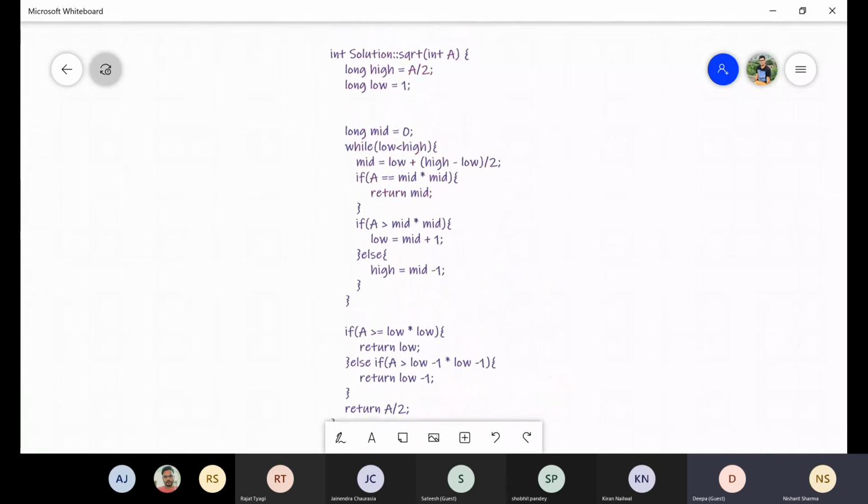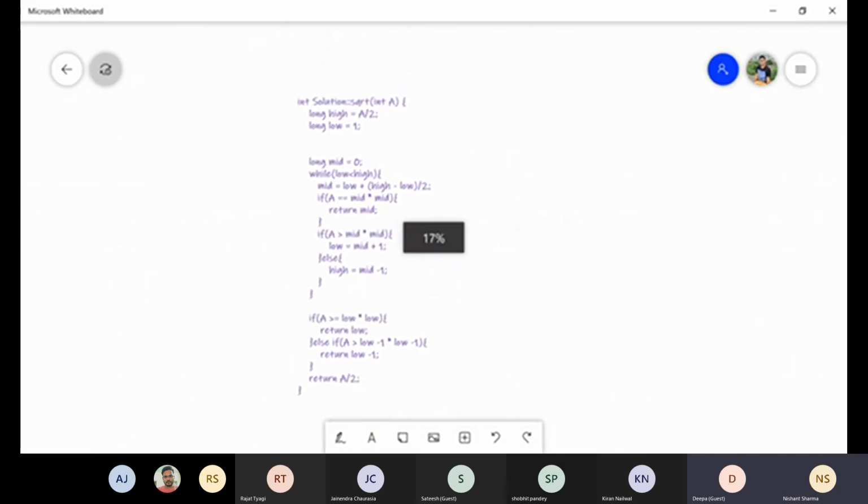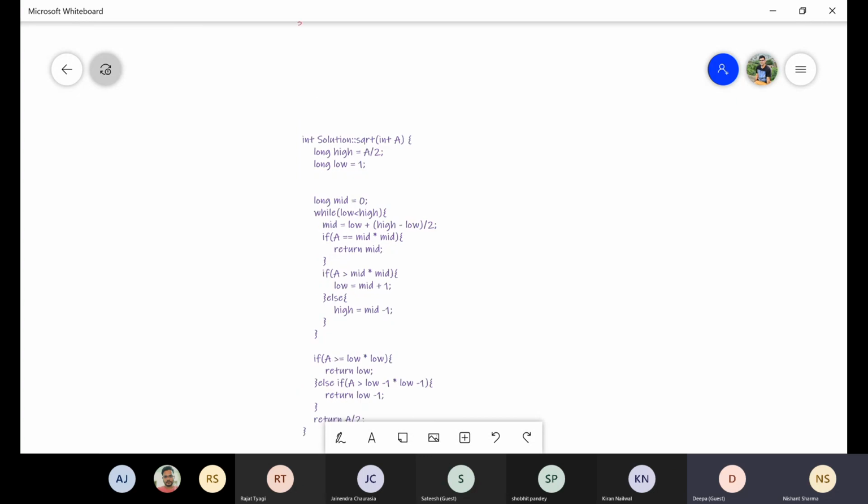Okay, this is the solution. It's simple and sweet. We have low and we have high. Instead of taking high as a, I took high as a by 2, because you can take any number. For example, if we take 11 and divide by 2, the number becomes 5 in integer.